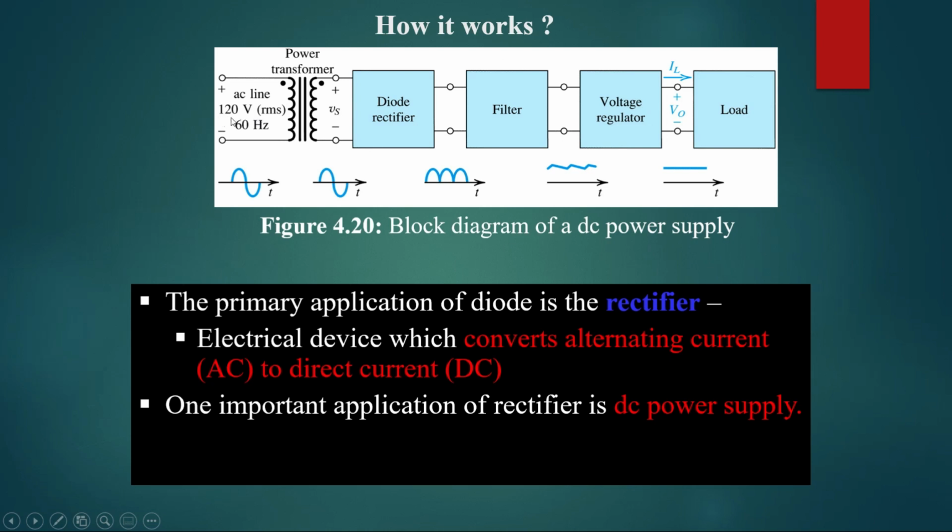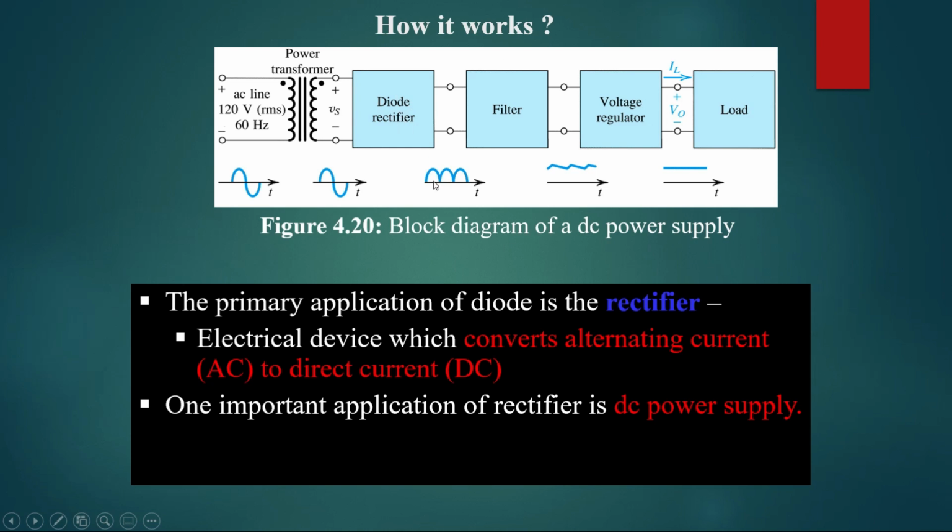Suppose we are getting 120 volts from the AC line supply. We don't get 120 volts at 60 hertz here; we get 50 hertz. When we get this higher amount of AC, it is given to the step down transformer. It will reduce the intensity of this voltage. The input of the primary of the transformer is also AC, and the output of the transformer is also AC, but with a reduced value. Then it is given to the rectifier.